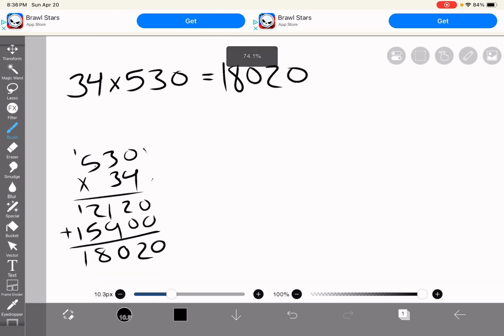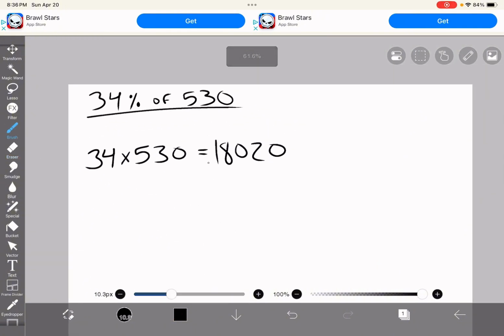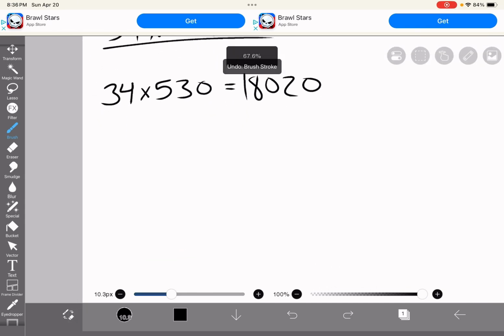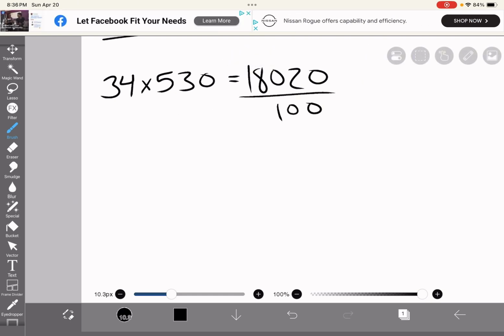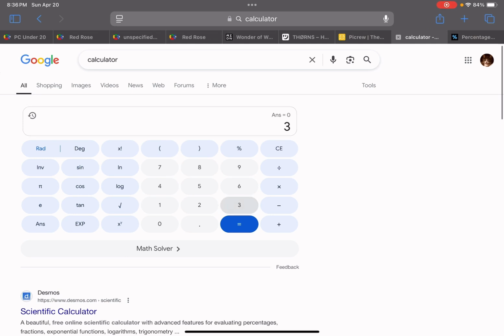So that's where you start. You multiply your percentage by your whole number. And then to figure out the exact, you want to divide that by 100, which is a lot of work, which is why I have a calculator. So we're just going to do it this way. 34 times 530 equals that divided by 100 equals 180